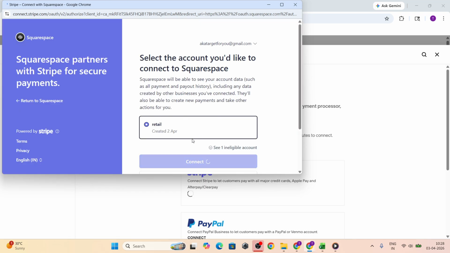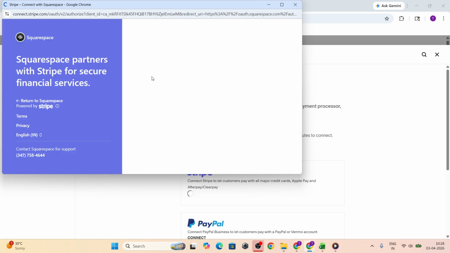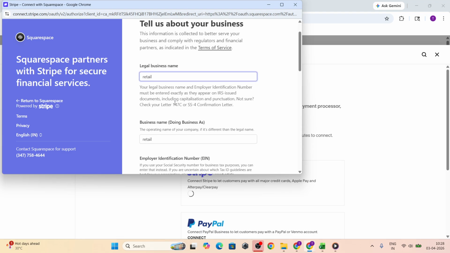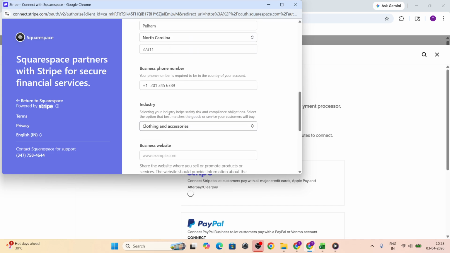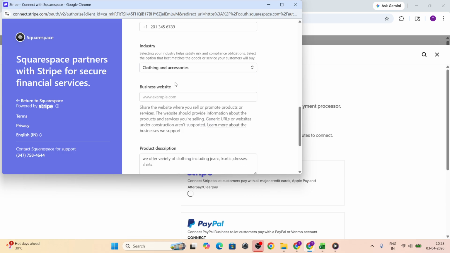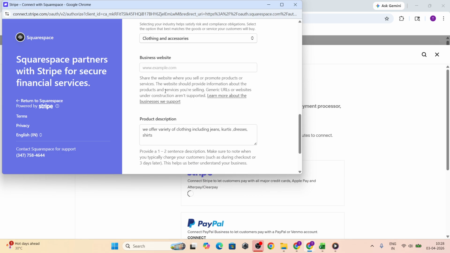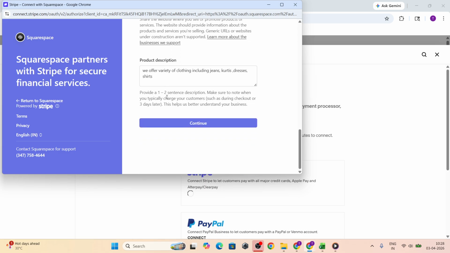In the new window, you'll be on Stripe's secure site. If you already have a Stripe account you use for your business, sign in with your existing credentials. If you are new to Stripe, choose the option to create a new account. Stripe will guide you through a short onboarding form. Take your time here and enter accurate information, since this is how Stripe verifies your business and where they'll deposit